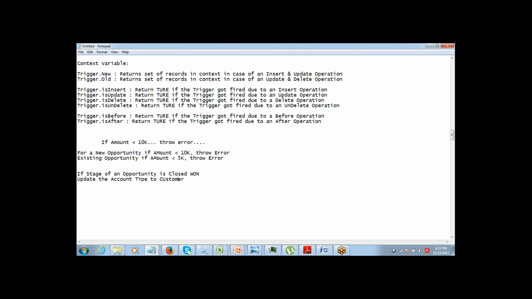So basically, what you have to do is write a trigger on opportunity, check the stage name of the opportunity whenever it is being inserted or updated. After the opportunity is saved, you check that and then go ahead and make the changes on the related account, the parent account of it, right? So when you're writing the trigger, it will be like this: trigger, let's say op1 on opportunity,